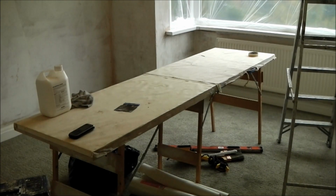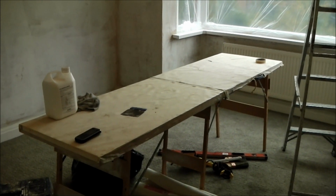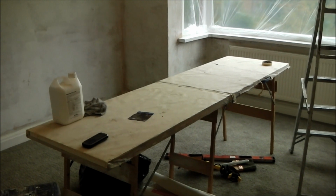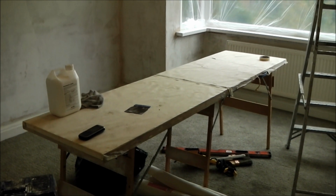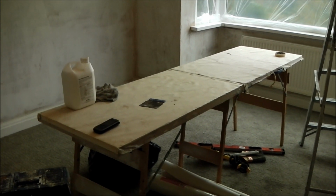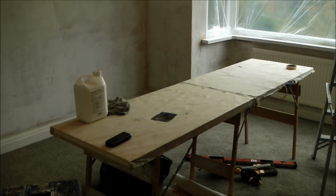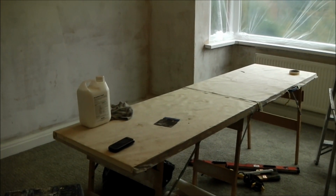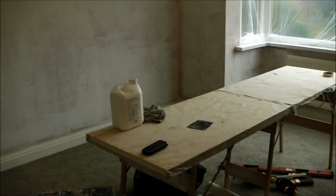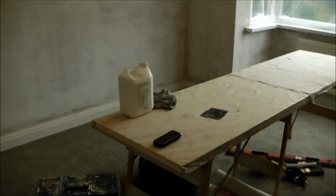Should you use PVA? In my experience, it's good stuff. I used to use size, made out of bones, boiling water. It used to stink. PVA does a similar thing as size, seals all the porosity of plaster, any porous surface really. And it keeps all the dust down, hardens up all your fillers. It's good stuff really. So what you want to do,